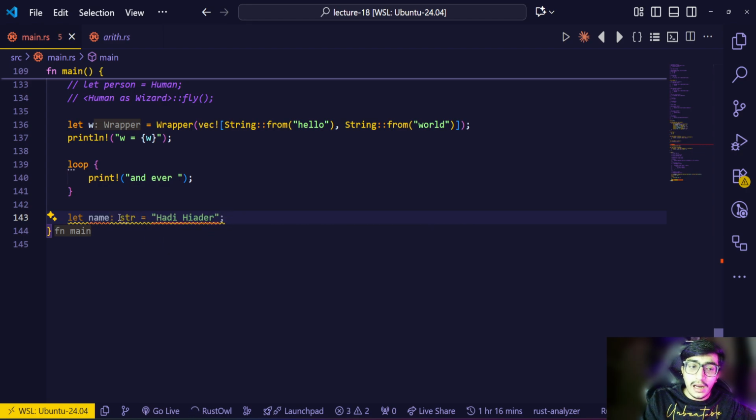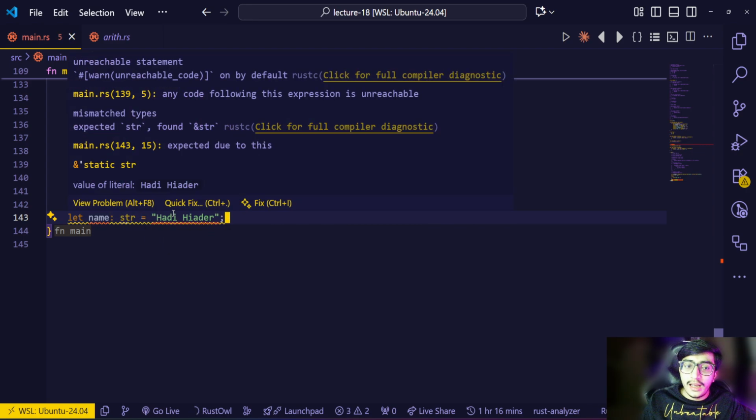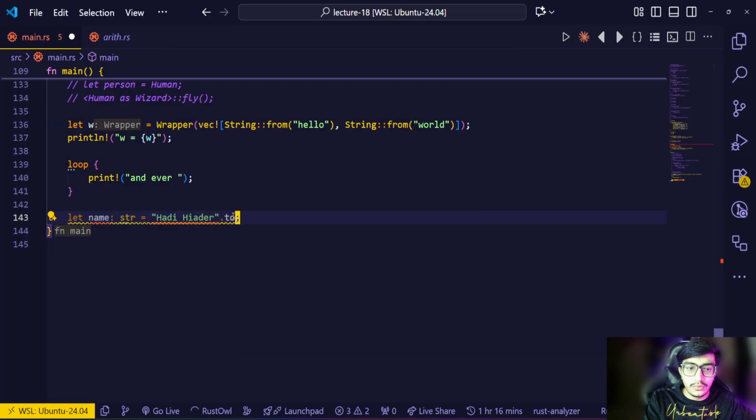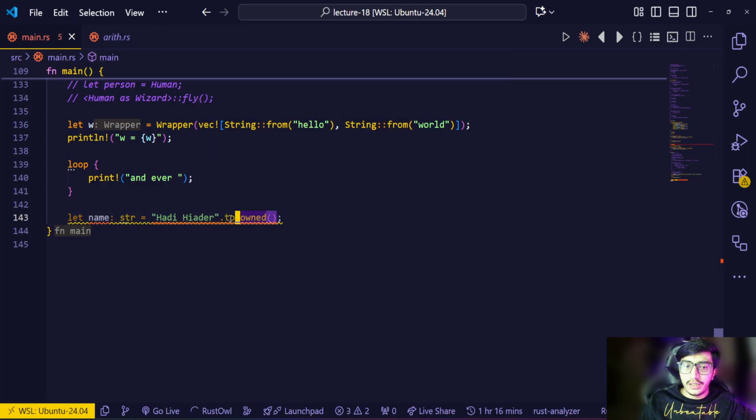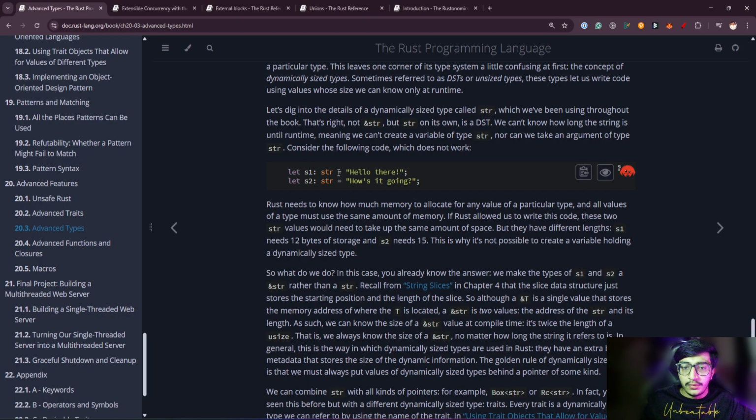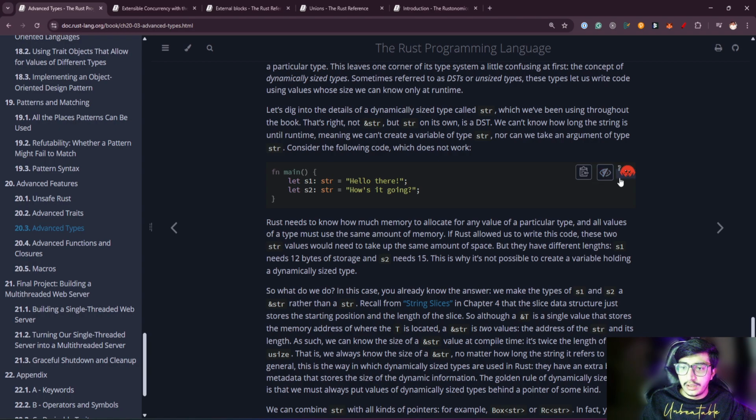And now here you can see an error. Unreachable statement, mismatched types, expected str, found ampersand string. So let's just pass to owned. Found string. So dot to owned is converting it to string. So let's say express. So here, let's just